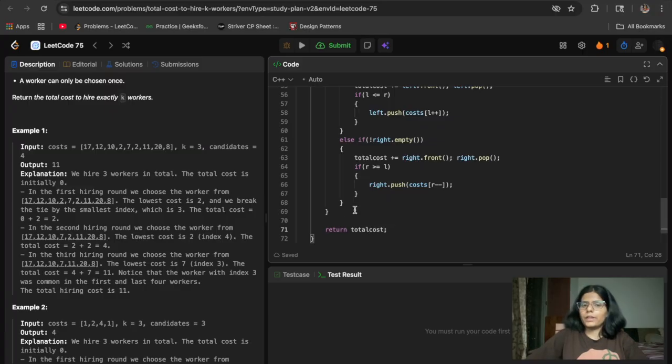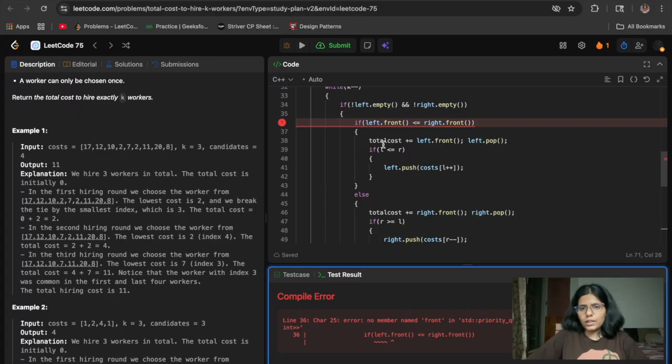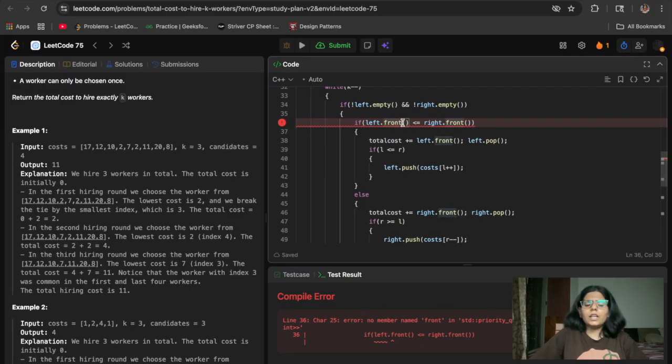Total cost, okay, just run it. What is it saying? Left dot front, no name this. Oh, sorry. Yeah, for priority queue we have top, not front. I just got confused because it is a queue, but for priority queue we have the top function, dot top.